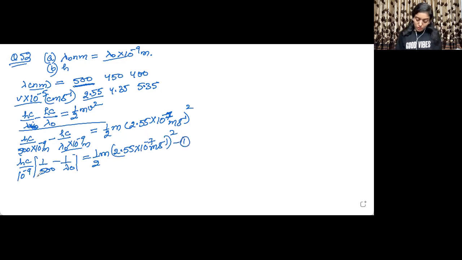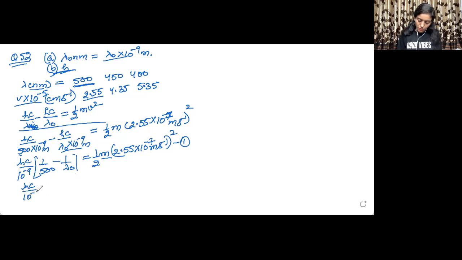Okay, now looking at this equation, you will feel that we can directly find out lambda naught, because here is the mass of electron, h and c we know, and we can just put in the values. You cannot do this. You know why? Because in this question itself, we have been asked to find out the value for Planck's constant. So this means we do not know the value for Planck's constant, and if we do not know it, we cannot use it directly. Okay, so just write three equations.